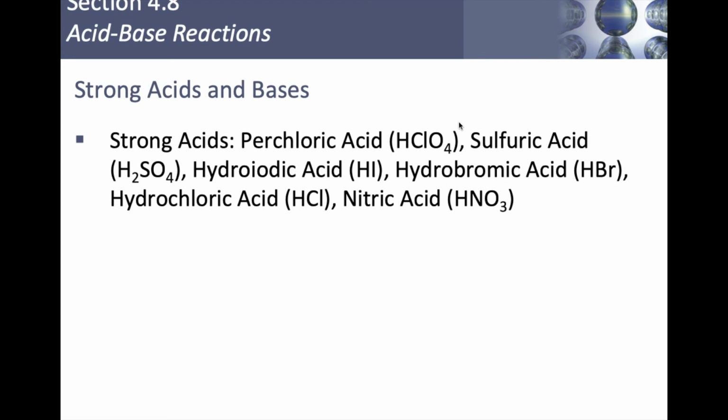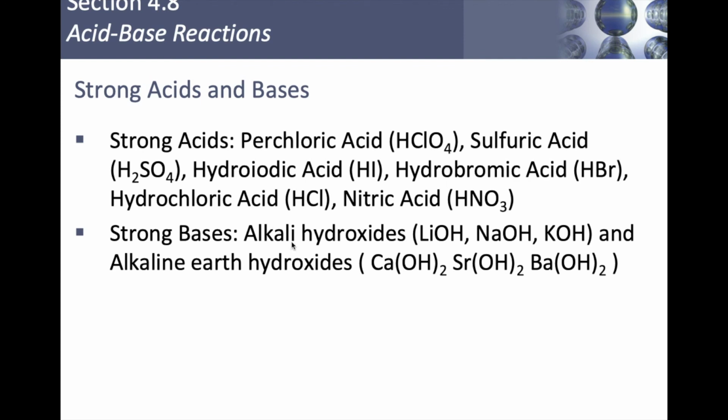It's a weak acid. So if you're wondering, why are these other halogens in the strong acid list, but hydrofluoric acid is not? Again, it's just because hydrofluoric acid is a weak acid. Strong bases, so we have our alkali hydroxides and our alkaline earth hydroxides. We have lithium hydroxide, sodium hydroxide, and potassium hydroxide. Again, for the alkaline earth hydroxides, we've got calcium, strontium, and barium hydroxide. Notice beryllium hydroxide is not on this list, so there are only really 6 strong acids and 6 strong bases